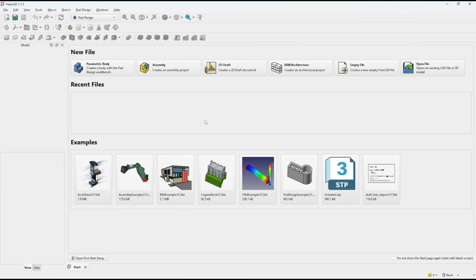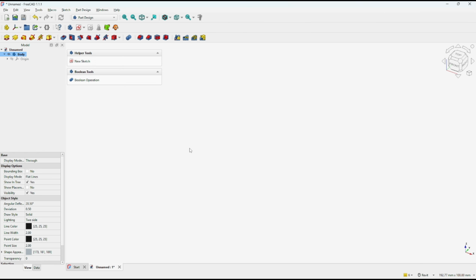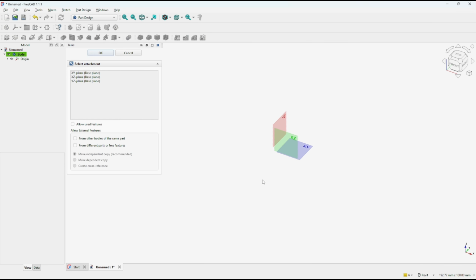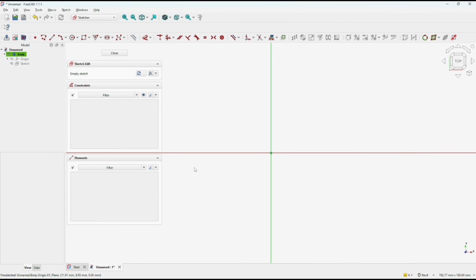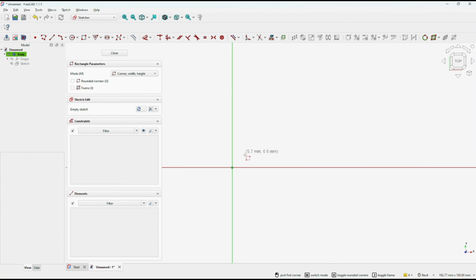Hello everyone, today we are going to learn basic FreeCAD 1.1 how to fillet. So as an example, you can create a parametric body and use CAD. I will choose the top plane, draw a rectangle,